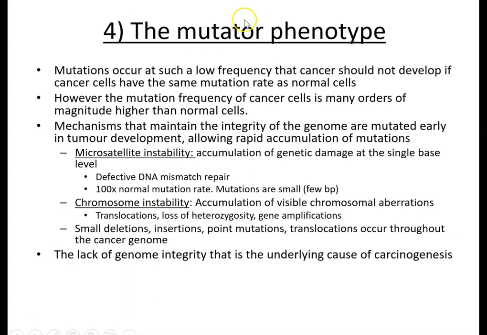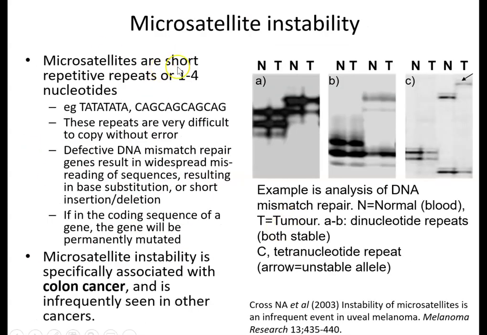one of these mutator phenotype genetic concepts that I'm going to cover is microsatellite instability. Microsatellite instability is where short repetitive sequences of DNA are poorly copied by the tumour because they have a defective DNA mismatch repair enzyme, typically hMLH1 or hMSH2. So these repeats of DNA, TA repeats and CAG repeats, are very difficult for DNA polymerase to copy without making a mistake. If the DNA mismatch repair enzyme is defective, you get widespread misreading of these sequences and lots of